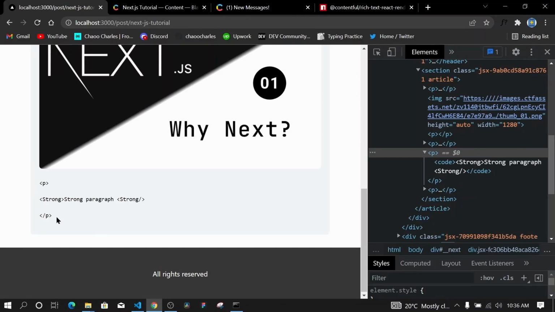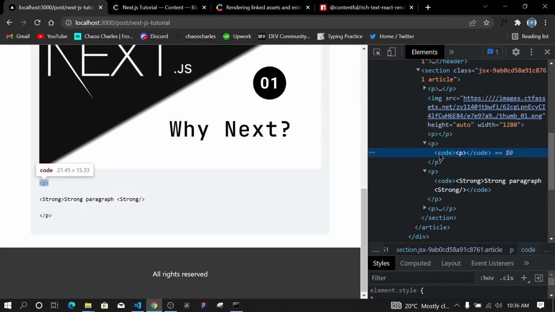And now it's just formatted the text. So this will be an issue to style in the form of a code block. So I want to show you a way in which you can go about this one. So how you can do it,